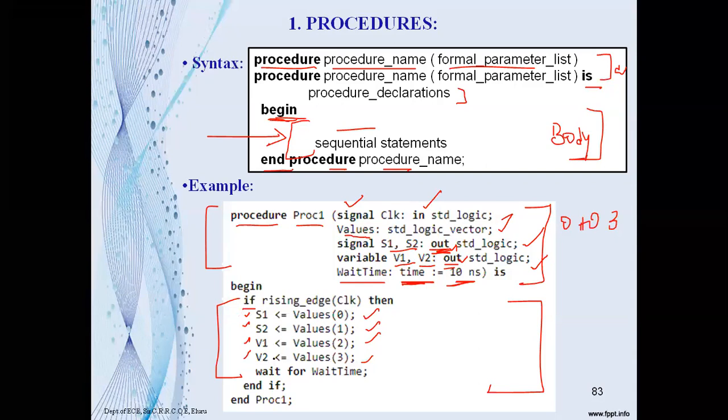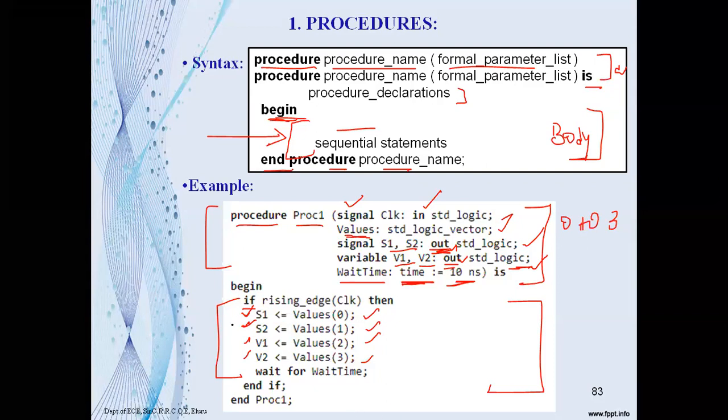V1 and V2 are the variables, but they are of type standard logic bit, not bit vector. So simply, this program takes the values assigned to the standard logic vector, separates them as single bits, and assigns them to the output signals S1, S2, V1, V2 as 0, 1, 2 and 3.